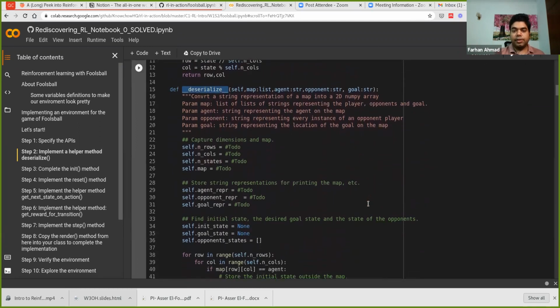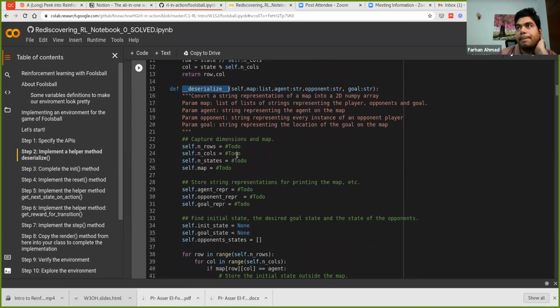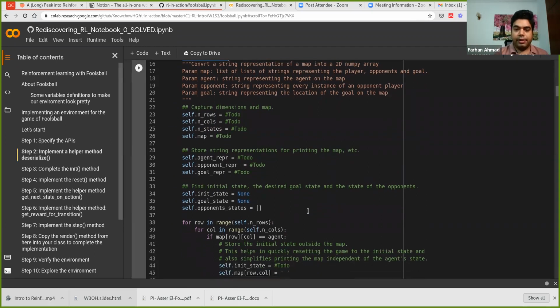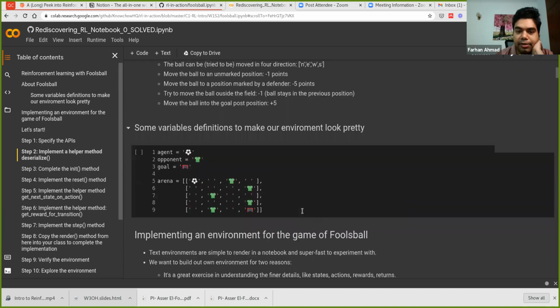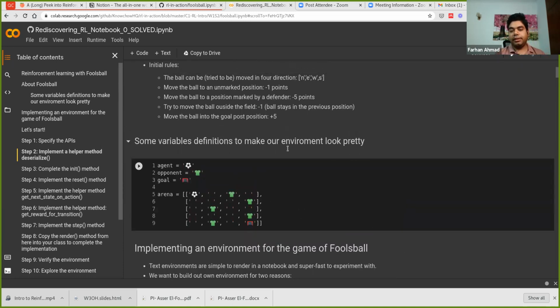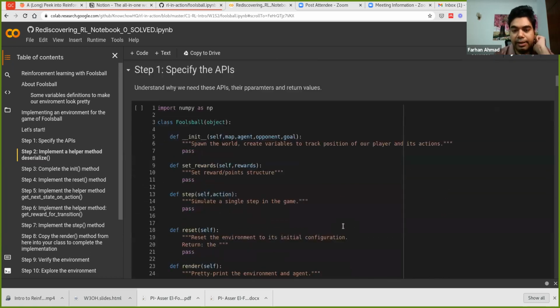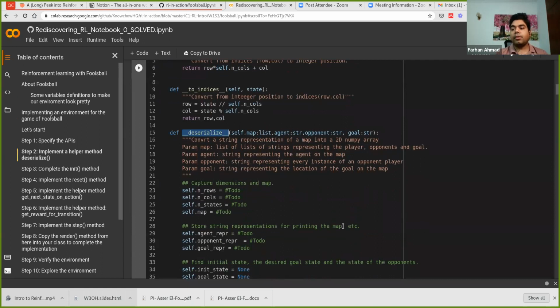Right? So if you're looking at my screen, this is the version of deserialize that we have to finish, right? And what deserialize essentially is meant to do is that we had a description of the environment over here. We had a few variables. So it's supposed to take this description, which is made up of strings and list of strings, and then convert it into some sort of an internal representation where we can manipulate things, move around the ball, and print things,